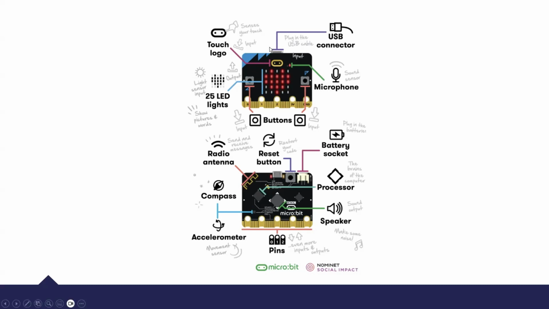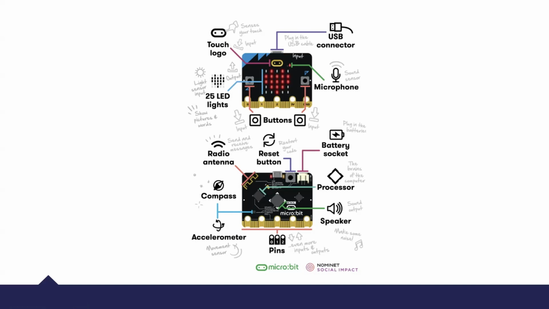The USB connector goes in at the top. This is how you connect it to the computer, which will provide it with both power and allow you to download programs to it. You have a microphone or sound sensor, which is only available on the version 2. You have the buttons, which are on both. You have 25 red LEDs that can make up a screen, which allow you to put on images or messages on the screen. On the back, then, we have the radio antenna, which sends and receives messages, which allows you